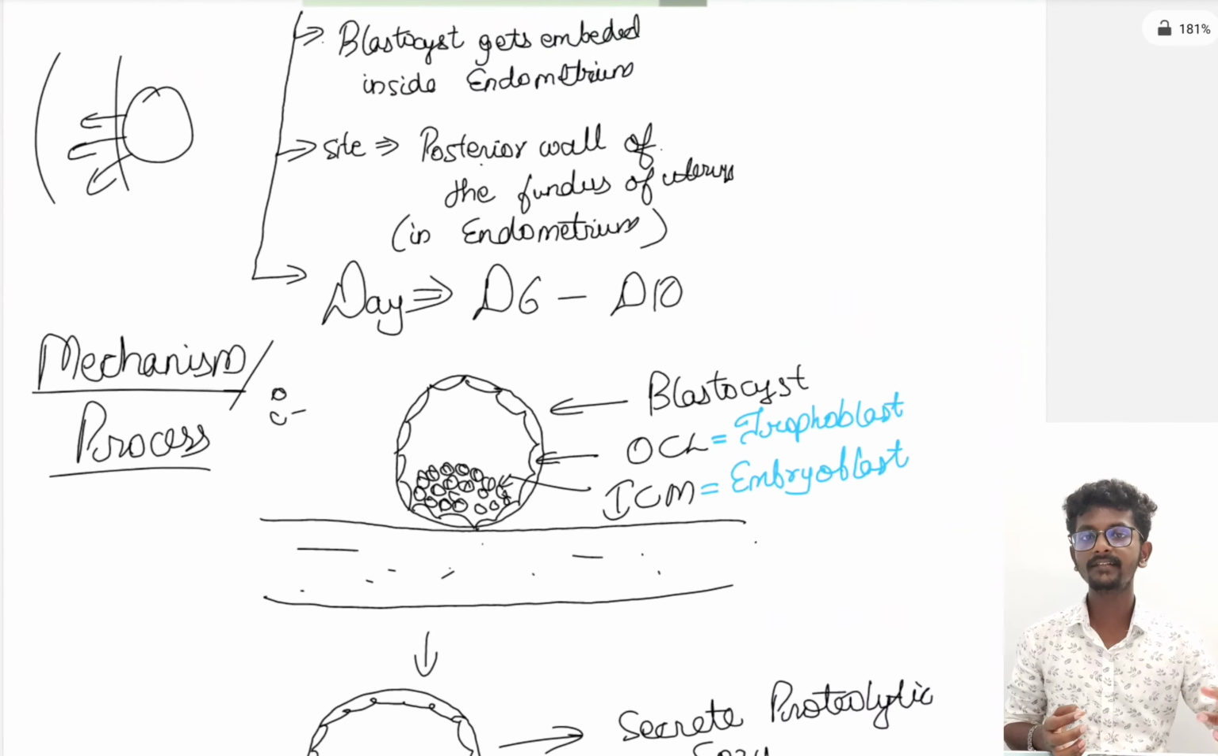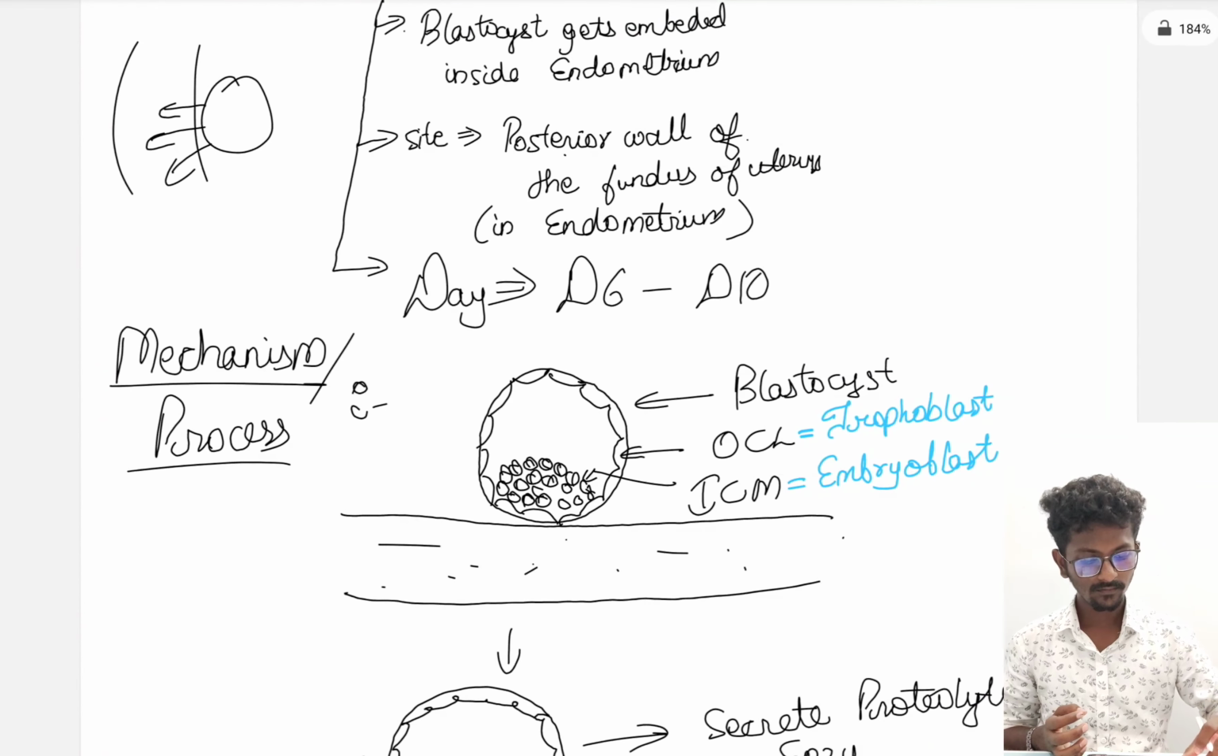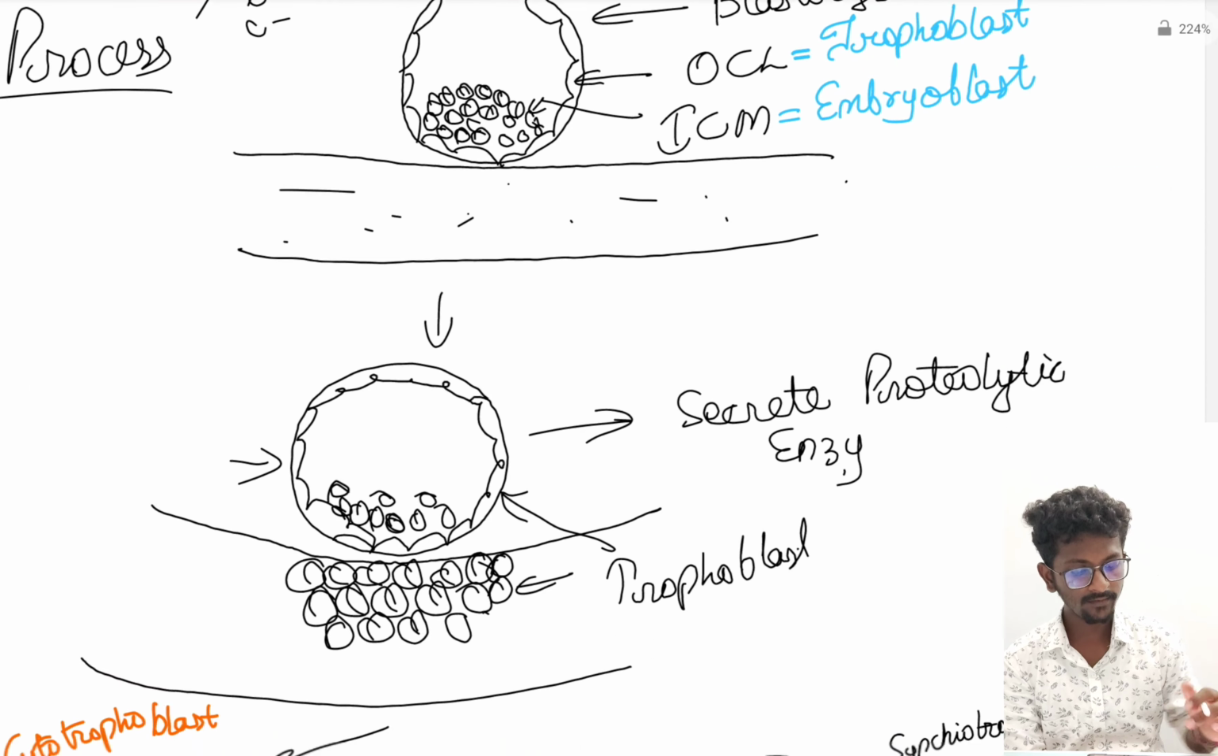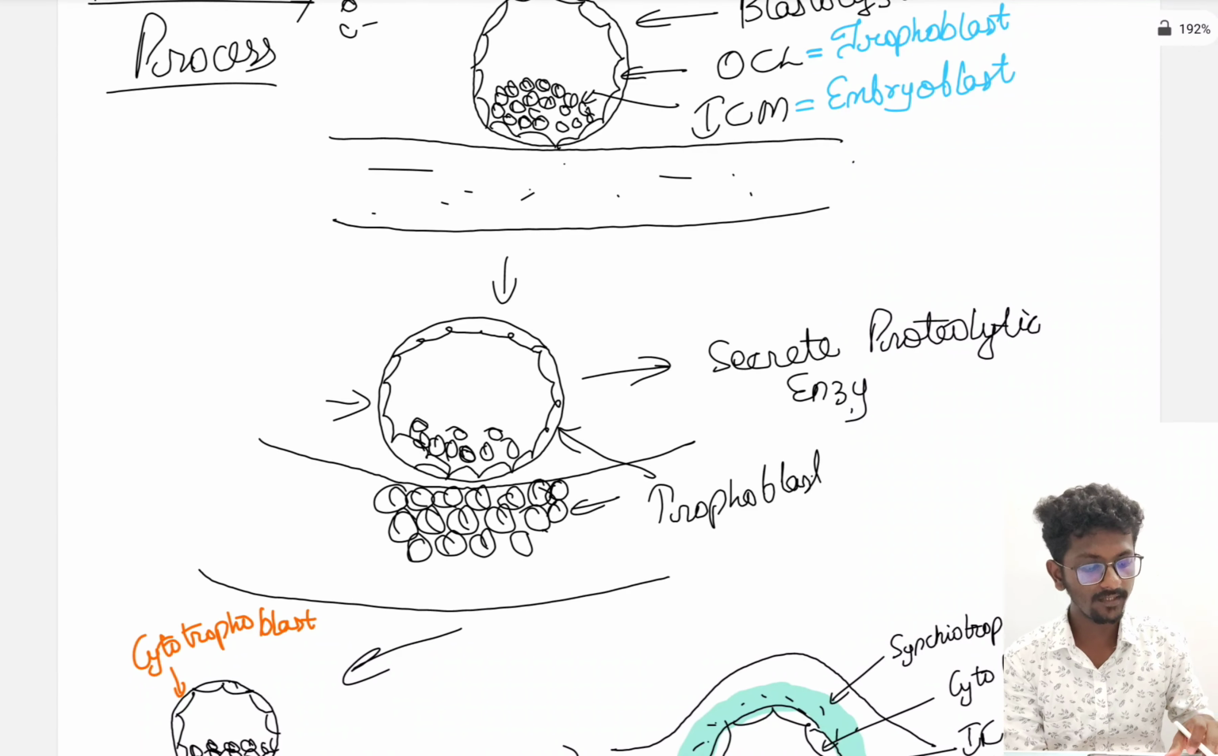Let me repeat this entire thing once again. Mechanism. First we have the blastocyst and the uterine wall. Then in this blastocyst we have the outer cell layer and the inner cell mass. The outer cell layer is called the trophoblast. The inner cell mass is called the embryoblast. The trophoblast will now start proliferating inside the uterine wall, because of which the entire trophoblastic layer will be formed inside the uterine wall, and now the blastocyst will start secreting some proteolytic enzymes,